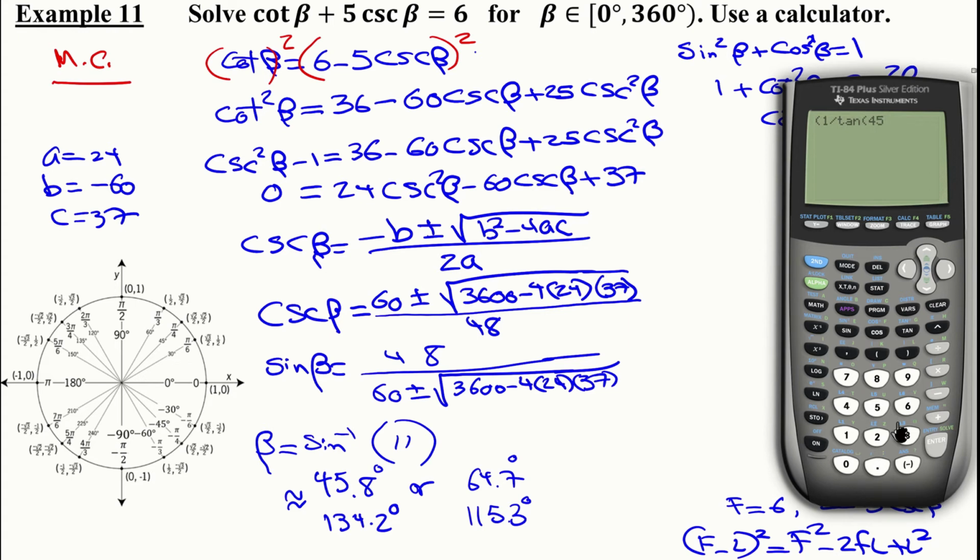Okay, I went ahead with 1 over tangent anyway. I guess old habits die hard. All right, so it doesn't matter. We could have done the to the power of -1, but this will work just as well. All right, and then plus 5, instead of cosecant, we're going to put over sine. And then